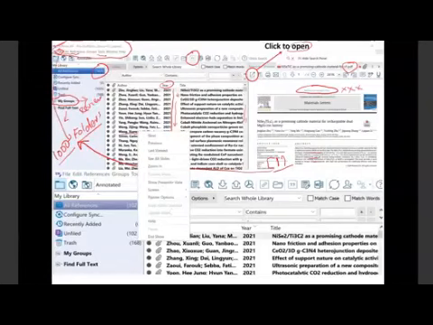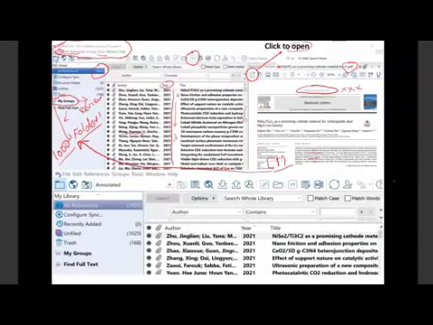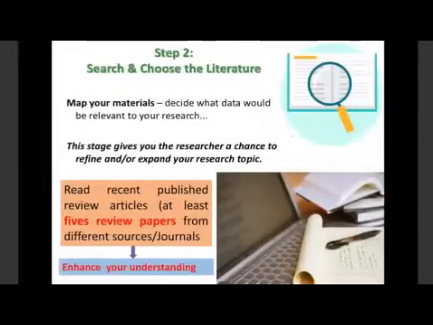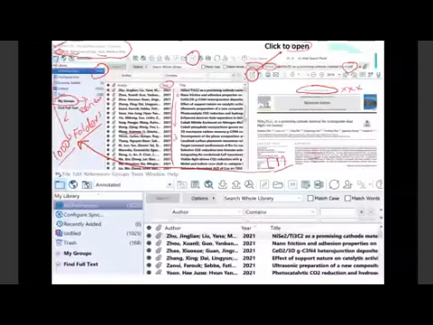Once you update, that reference will be updated, and in the reference preview you will automatically see the year, author's name, and every missing piece of information. So once you have already uploaded your data in EndNote, you are ready to write